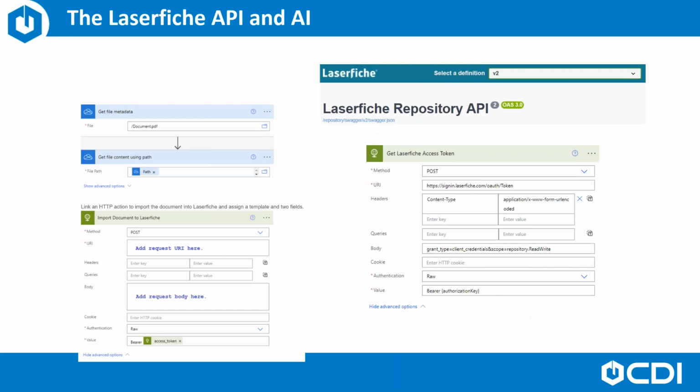Now, taking AI to even the next level, the programmatic level, we can't forget about the Laserfiche API. Documents, their metadata, summaries, search results, statistics can all be called via the Laserfiche API. Workflows can be started via the API. Documents uploaded to the repository, workflows triggered or metadata retrieved, etc. And the API itself can be used in conjunction with those AI tools. So think an auto organizer for your Laserfiche repository.